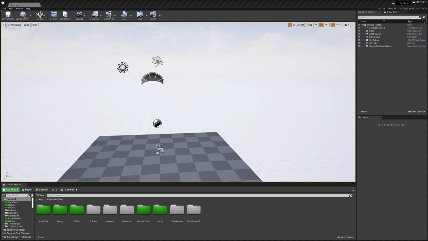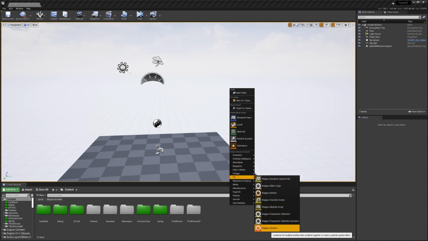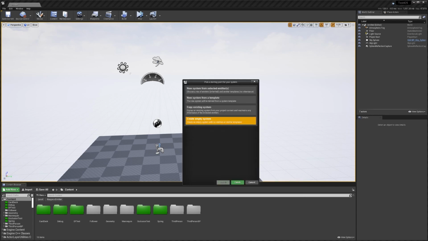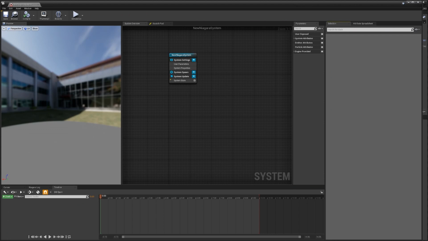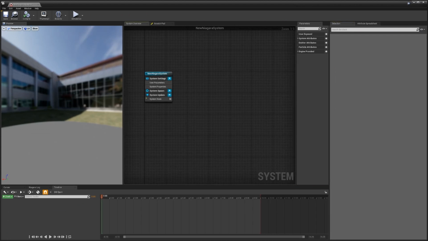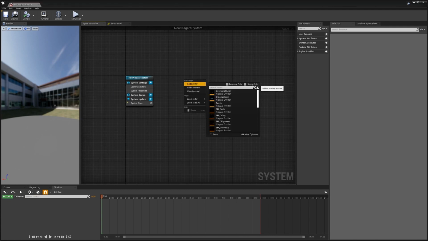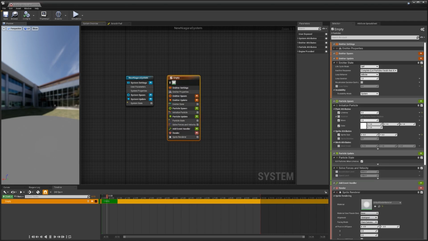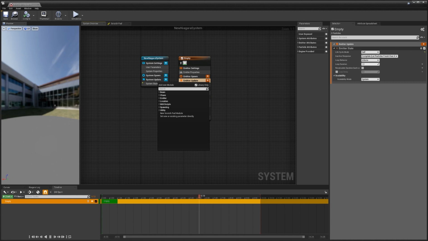One of the key differences between the old early access version of Niagara and the new version is that this new version is a lot more freeform. To give an example, we can start by creating a new empty system rather than going through and creating a new emitter. I'm going to open this one up here and just expand the window. At the moment, we have a completely blank system, so there's no emitters inside this. Right-clicking, we can add any emitter type that we want. In this instance, I'm going to start with just an empty emitter. And then we can start populating this with whatever we need.